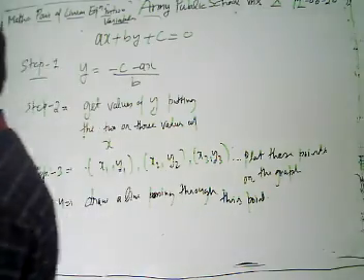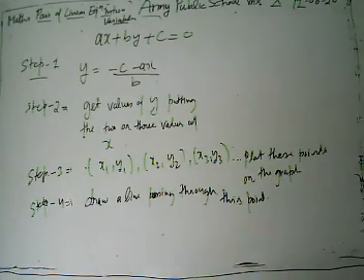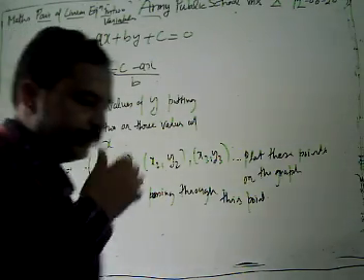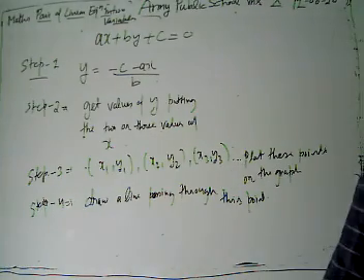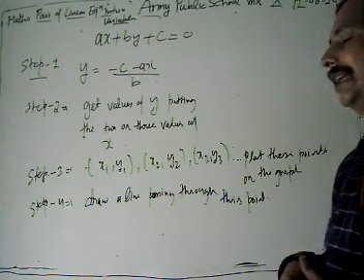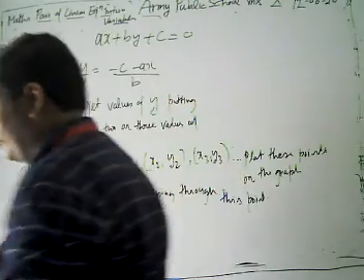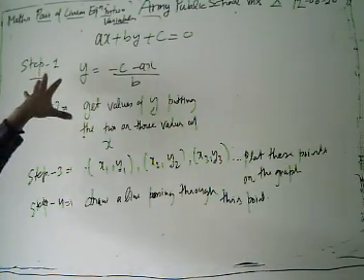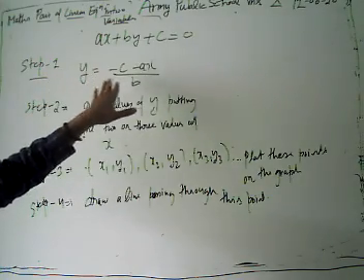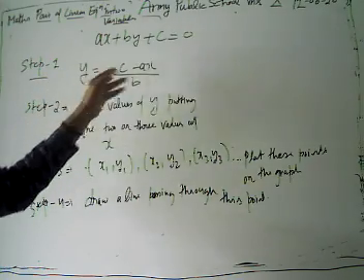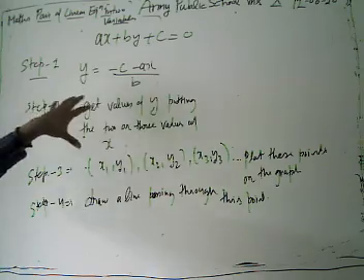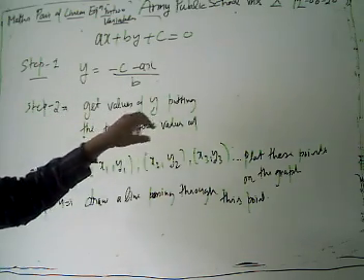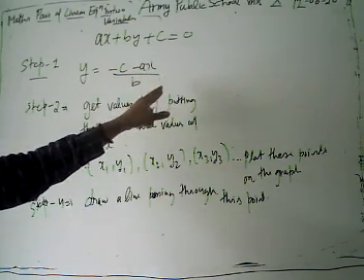Look, what have we discussed here? We have discussed our algorithm, the algorithm to draw the graph of linear equations in two variables. How can we draw the graph easily? We are going to discuss the algorithm. What do we do in the first step? First of all, we express one variable in terms of the other variable. After expressing that, in step 2, we put in different values of x.